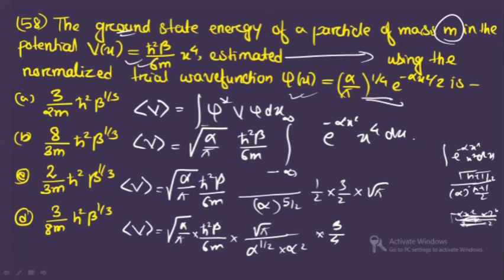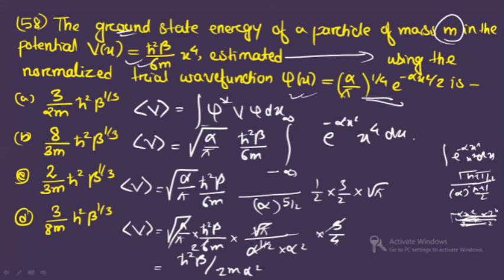Clear? So if you see here, root over alpha by pi will cancel this one, and the remaining terms in this case will be what? This is 3 to the 6. So you will have in the numerator only h cut square by beta, divided by, in the denominator you will have 2m alpha square, right?